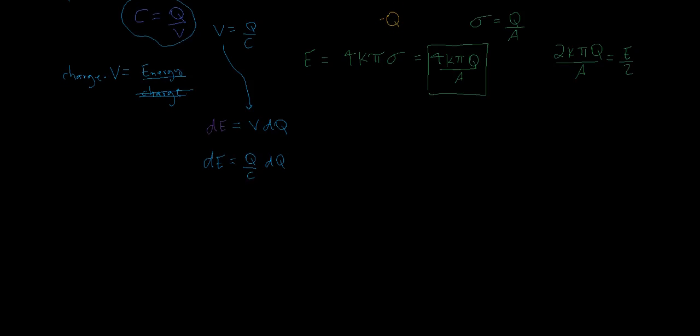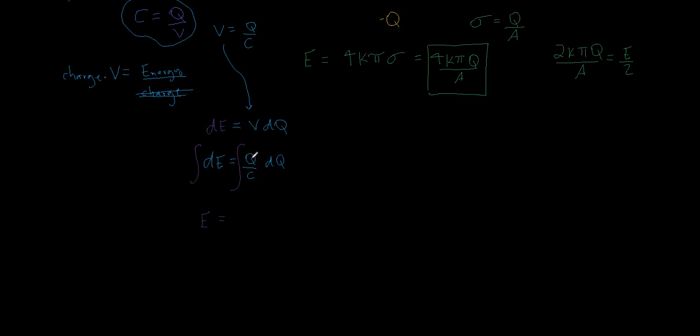Okay, so now we have a differential equation that we can solve, because the variable dQ is the same variable that we have here, Q. In the previous case, there's no way that we can solve this equation because V is a different variable than Q. So you have to rewrite V in terms of Q. The way to solve this differential equation is to simply integrate both sides directly like this. And to integrate means to add all of the small infinitesimal values to get a finite value. If we integrate the differential of energy, we simply get energy,